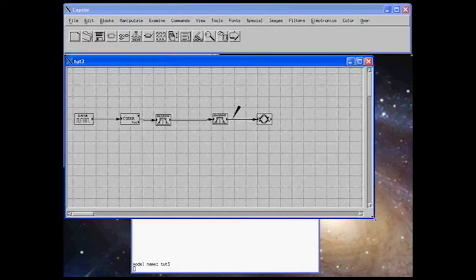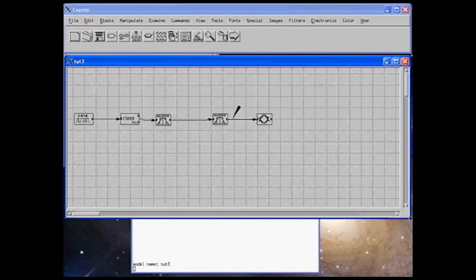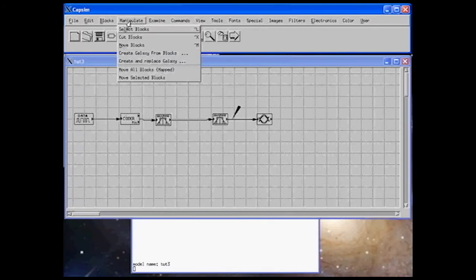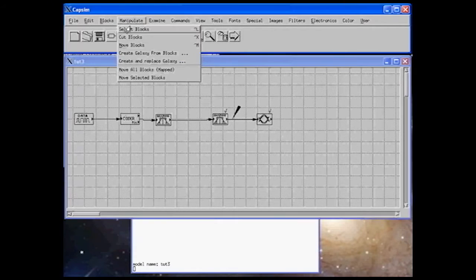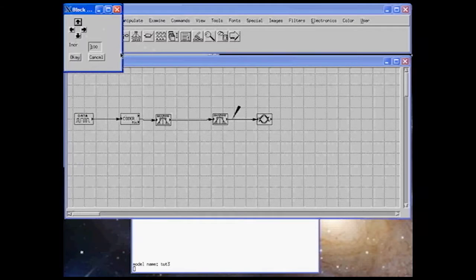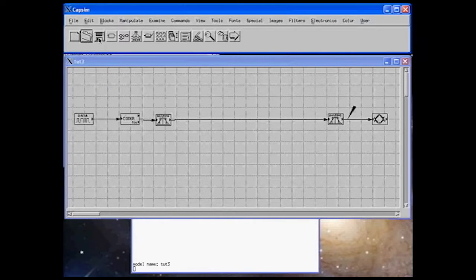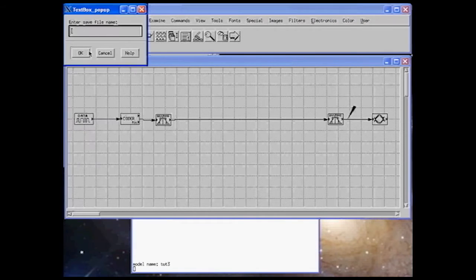is increase the working area, the workspace, by just dragging it out. We're going to move these two blocks all the way to the right here, to create space in order to add a channel. So we go back to manipulate, select the blocks, and of course using the convenient tool, move them to the right. Go ahead and save this as tutorial number 4,